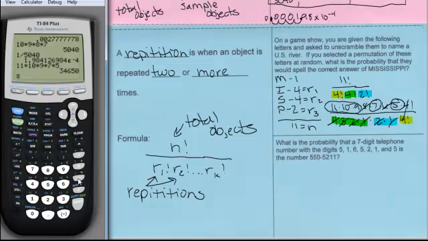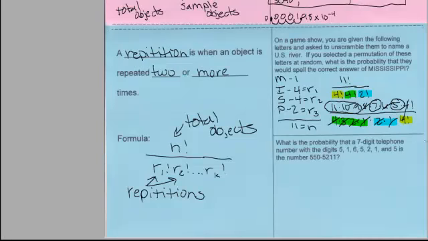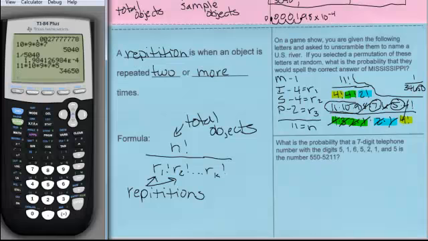So that's 34,650. So our answer is 1 over 34,650. And if we put that into a decimal, it'll be some crazy insane decimals. So if you do 1 divided by 34,650,